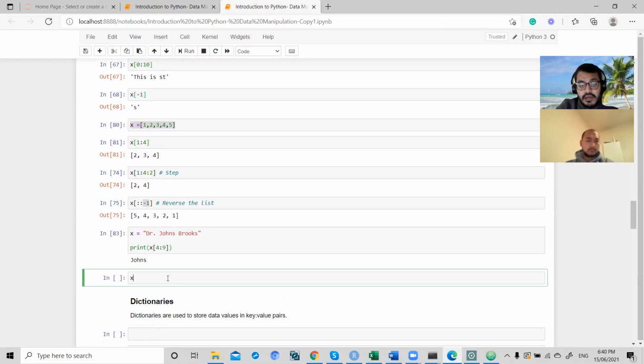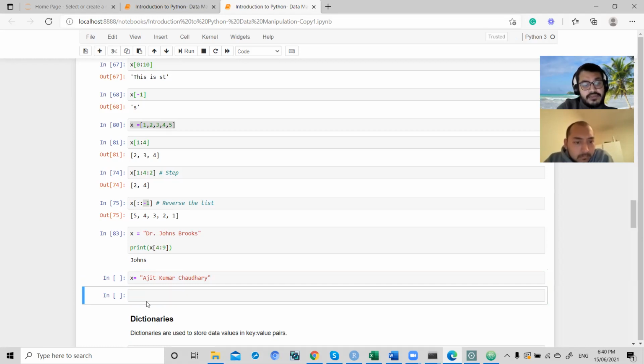And suppose I have my name, for example, Ajay Kumar. So what we can do here, we know that my name is separated with a space. After Ajay we have a space, after Kumar we have a space. So what we can do is use a split function. Suppose this is my name, so we can use name dot split